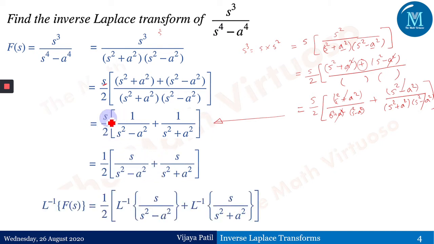So this s that was outside will come inside, and this will be divided between the two terms, which is nothing but applying the Laplace inverse of this particular function. It is half cos hyperbolic at plus cos at. So this is plus over here, s square plus a square, and this is s square minus a square. Because of this it is cos hyperbolic, and because of the plus it is cos of at. That's all. It's very simple, provided you have this understanding of this particular step.